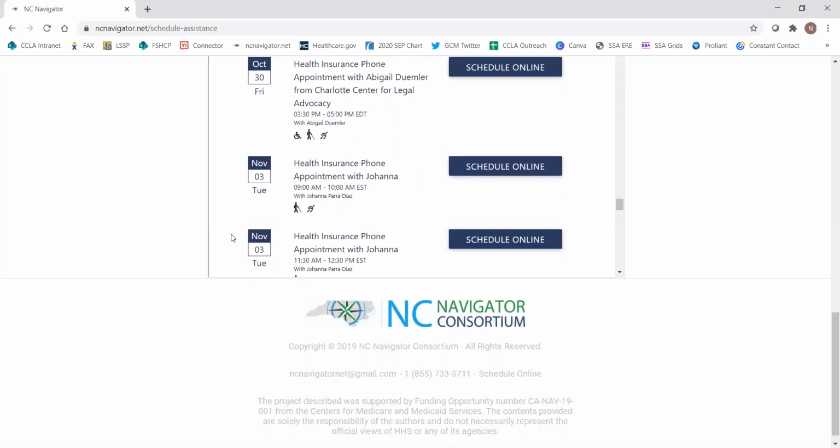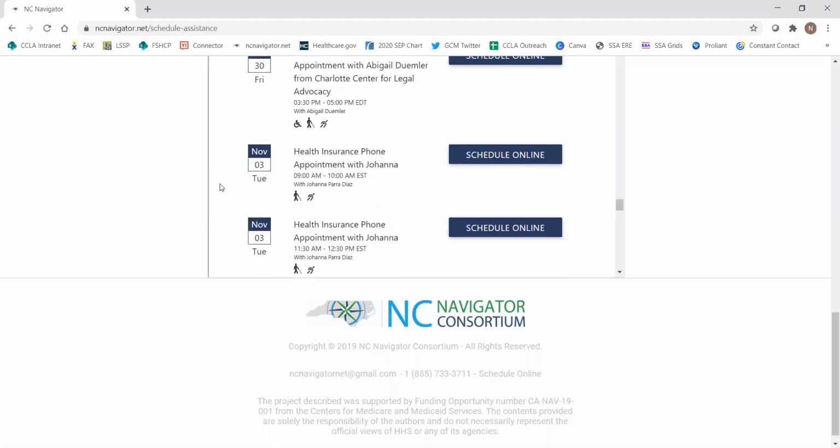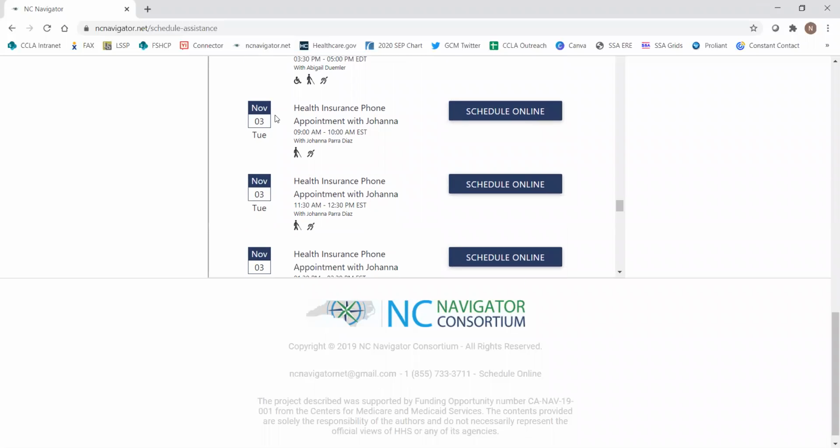And because November 1st is on a Sunday, we likely will not have any appointments available actually on November 1st, but we do have appointments available starting November 3rd, you'll see here, and it'll give you the day of the week also, and then the time is right here. So it'll have that it is a phone appointment with Joanna, and then it'll have her full name here. And so if the 9 to 10 on Tuesday, November 3rd works for your individual that you're speaking with,